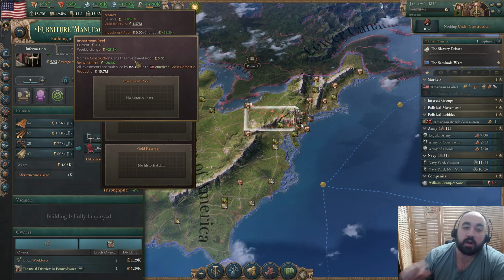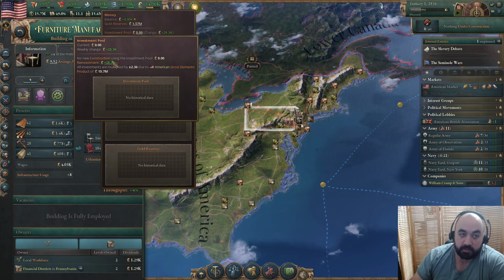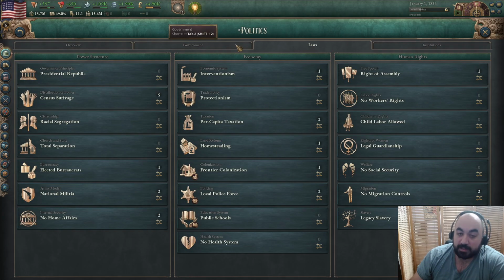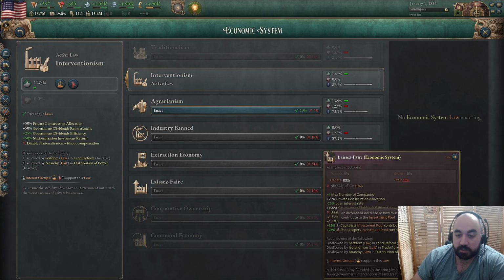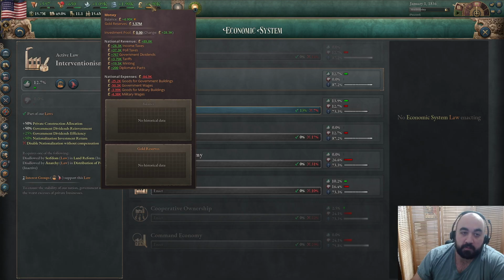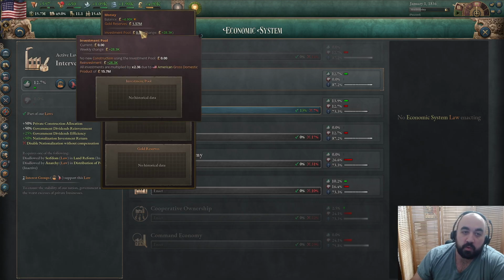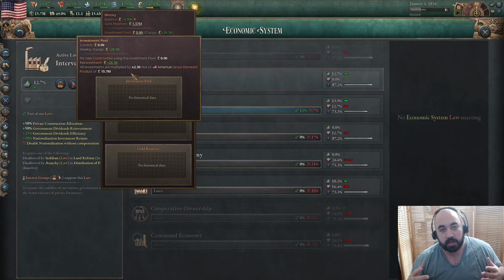However, if they are giving a juiced up number to this investment pool, like say if you are on laissez-faire and you are getting this dividends investment pool contribution efficiency, that juiced up number will be multiplicatively effective with this modifier here. So that means if you somehow got capitalist, their normal contribution is 30%, and you somehow got plus 50% capitalist investment pool